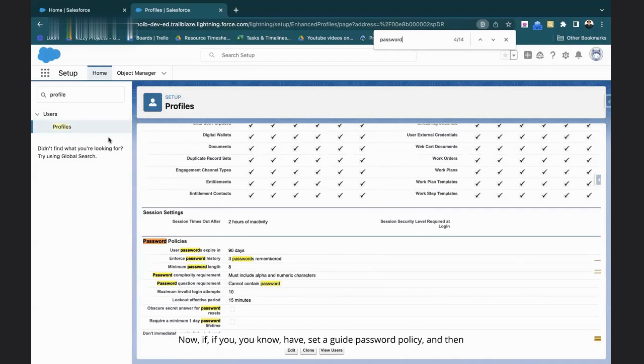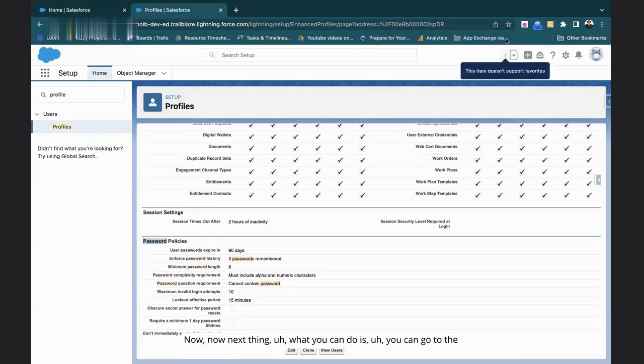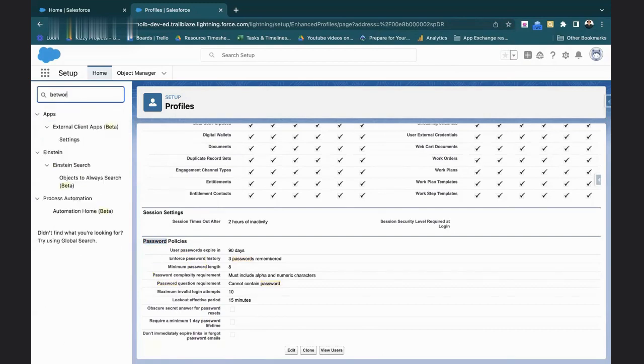Now, if you have set an org-wide password policy, and then you also set a profile-level password policy, the profile-level password policy holds the precedence. So please make a note of that. Okay. Now the next thing, what you can do is you can go to